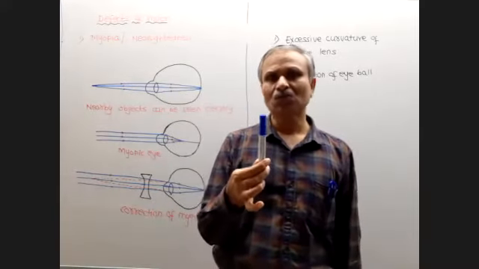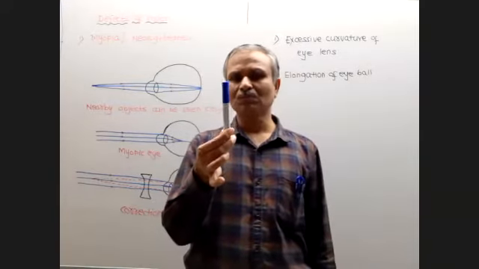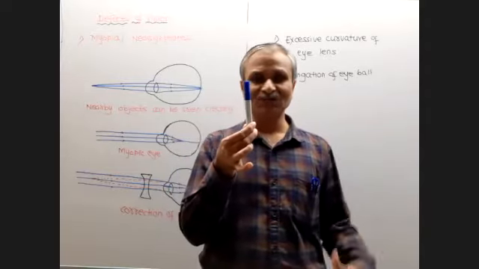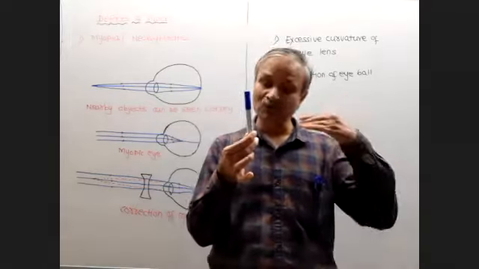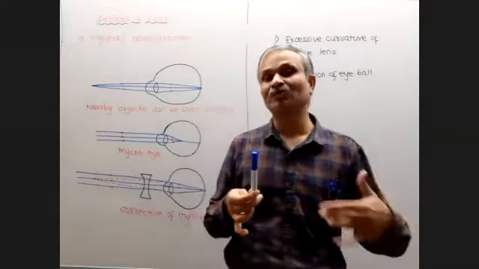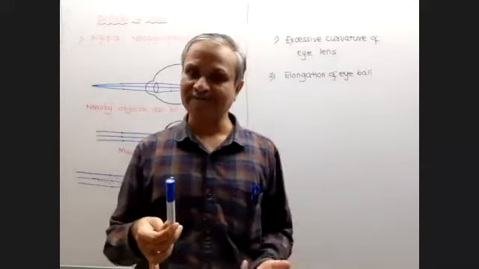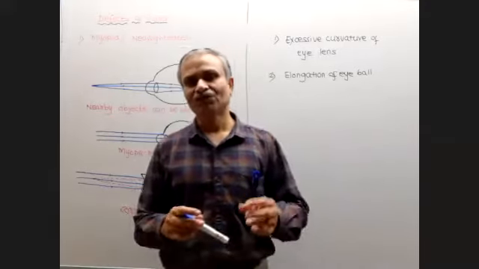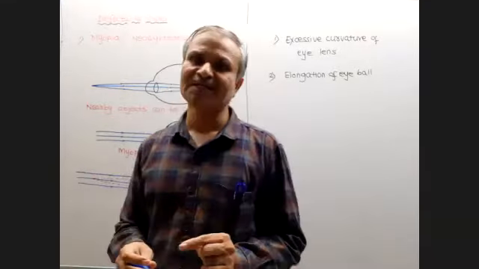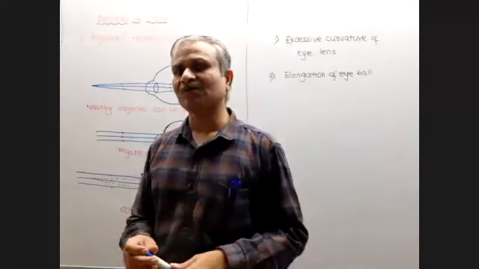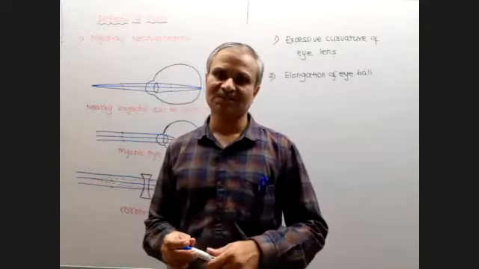Okay. So, look now, if you try to bring this object closer, you will find that you are not able to see it, or you have to strain the eye. And after some time, it will close the eye because we cannot strain the eye further. So that distance at which we are able to see the object without straining the eye is called the least distance of distinct vision, and for the normal human eye it is 25 centimeters.